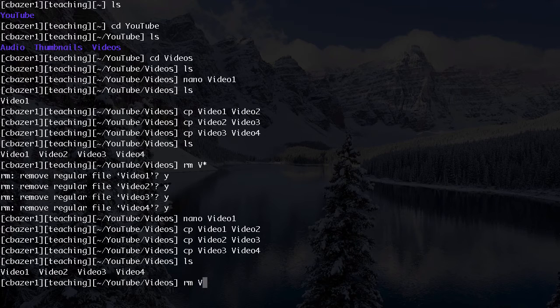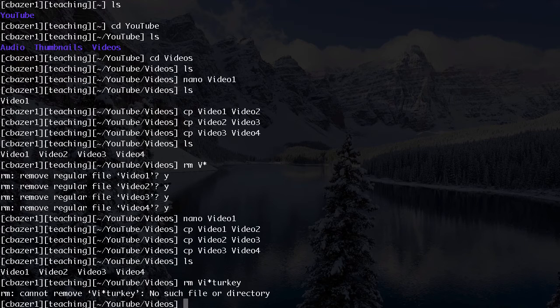What if we kept that asterisk and we said we have the VI, so anything that starts with VI, then any amount of any type of characters in the middle, and then ends with Turkey? So this means it starts with VI, it has the asterisk, and it ends with Turkey. Unfortunately, there were no files that fit that specific description, so those would not be removed. Even though all these files start with VI, we are not going to be removing them because nothing ends